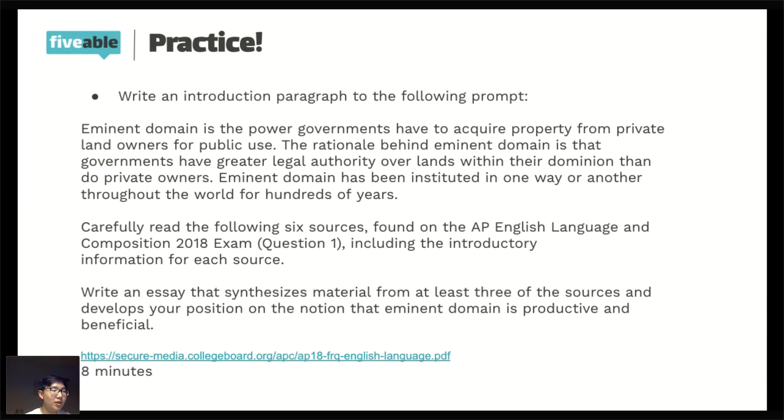So I'm going to copy this link for y'all. I want you to look through the 6 sources, and for the next 8 minutes, look through the sources and write your introduction paragraph in the chat. It can be just a 1-sentence thesis. It can be a 3-sentence thing with context and everything. Do what makes you feel most comfortable, and remember, there is no wrong answer. And please don't leave me hanging. So I'll give y'all your 8 minutes starting now, and then I'll check in with y'all.